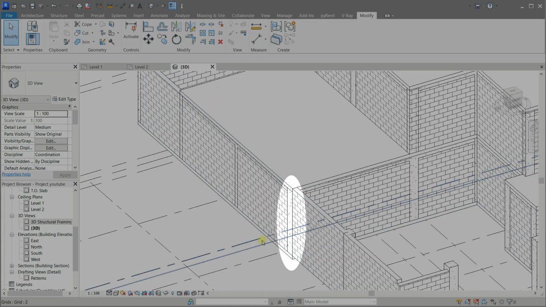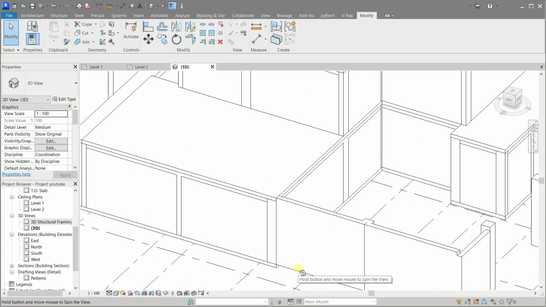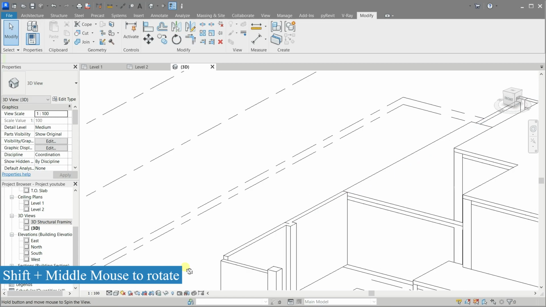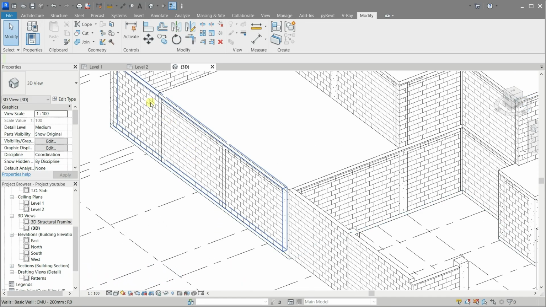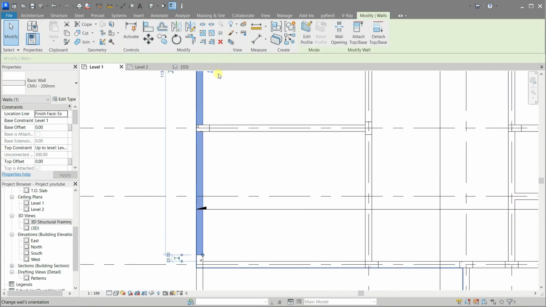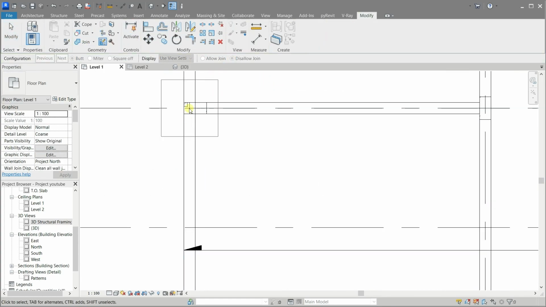See, now the column wall intersection is properly configured. Now in the same way, we should do the process to all the column wall intersections. Split, then disjoin, then drag to the right place.